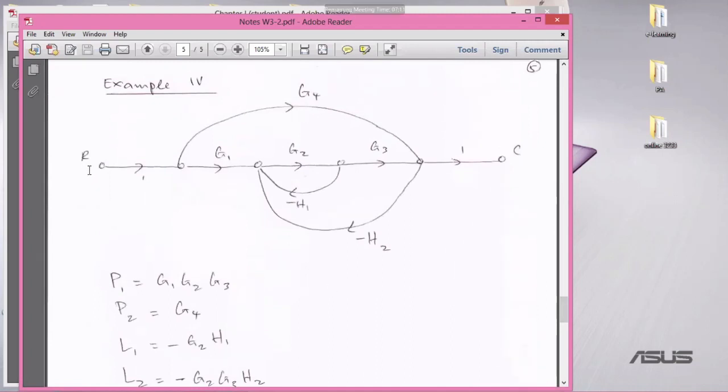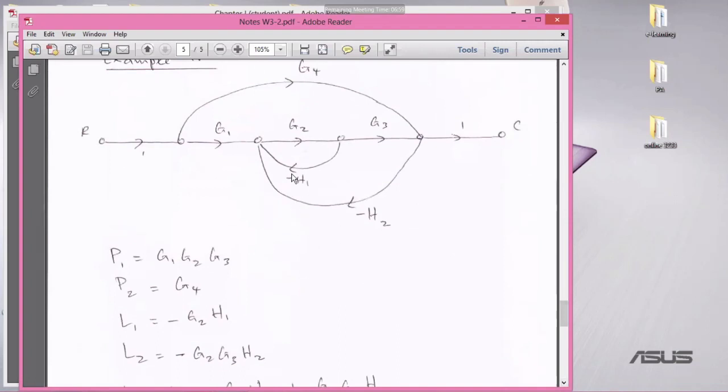You have two forward paths straight ahead, G1, G2, G3, and then you have this G4. You have two loops here, negative G2H1 and negative G2G3H2. But you see, loop 1 does not touch